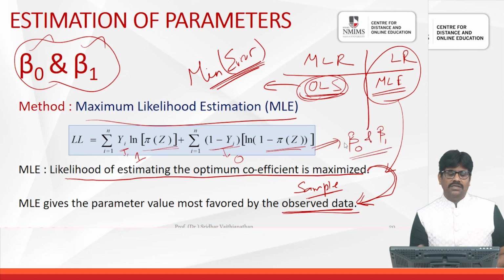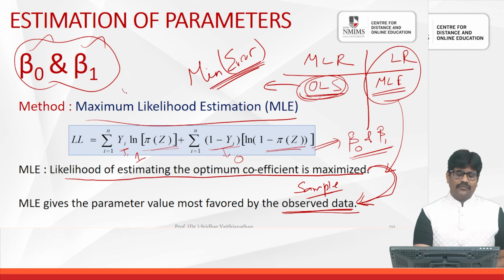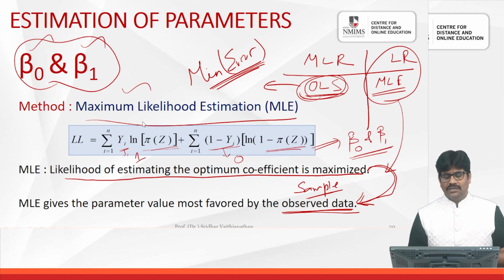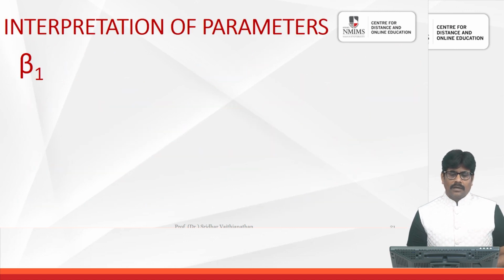So using this function, which is called the maximum likelihood estimation function, we arrive at optimum values of beta naught and beta 1, right. So if somebody asks what function we use to estimate the parameters in logistic regression, the answer for that is maximum likelihood estimation. Now